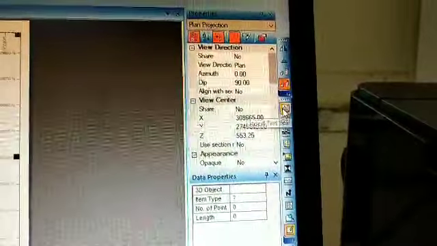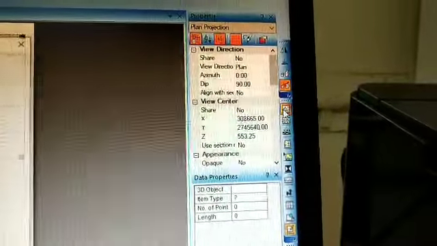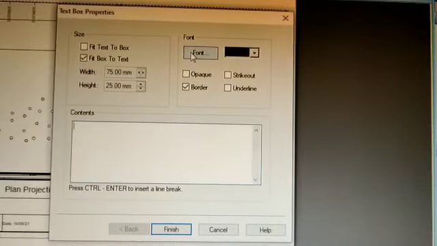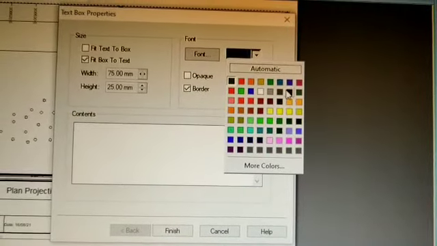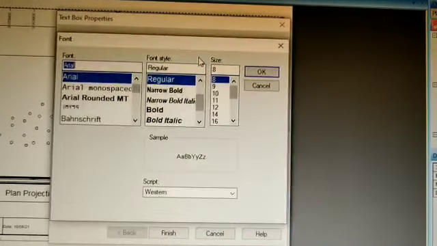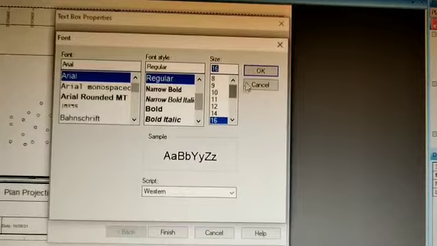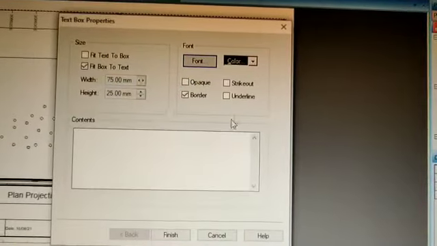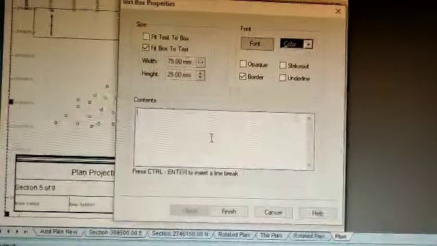Again we can check our text box. This is our text box. Here we can choose the color of the font, size of the font. In this box we can type what we want.